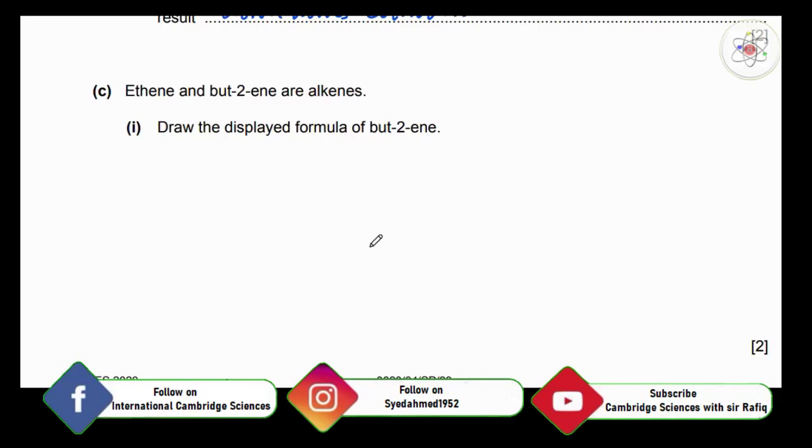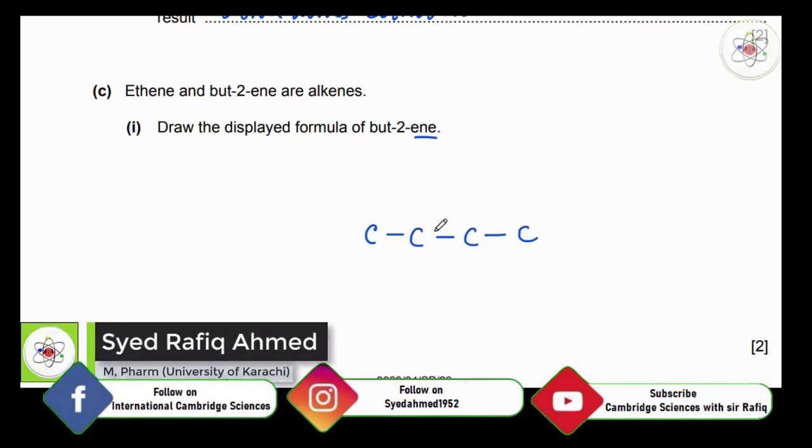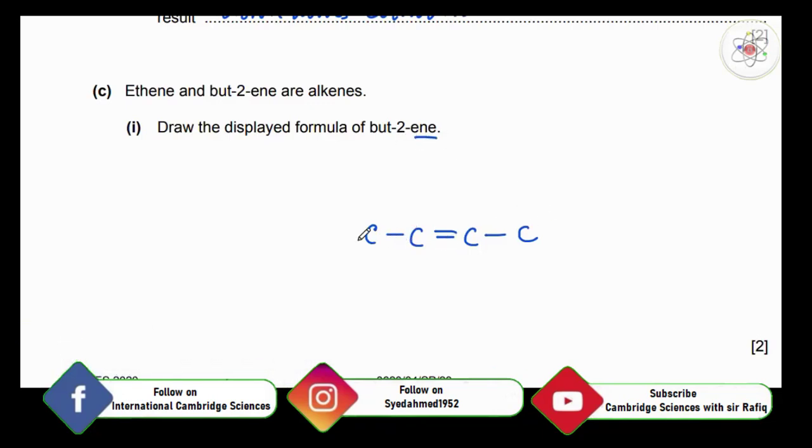But means 4 carbons are bonded in series, right? 2-ene means there is a double bond between the second and third carbon atoms, right? And as it is a hydrocarbon, apart from carbon it will have only hydrogen. So complete the remaining valencies of carbon